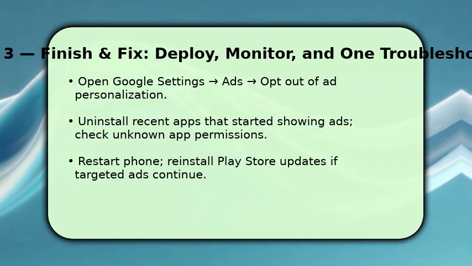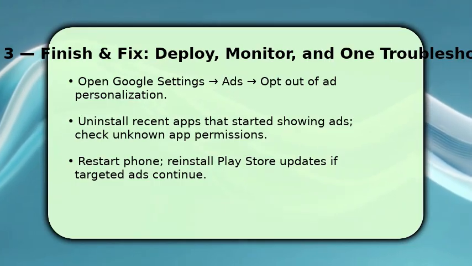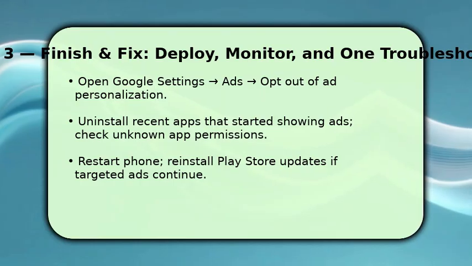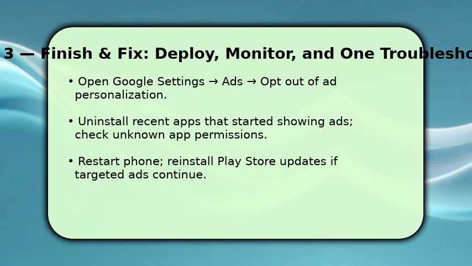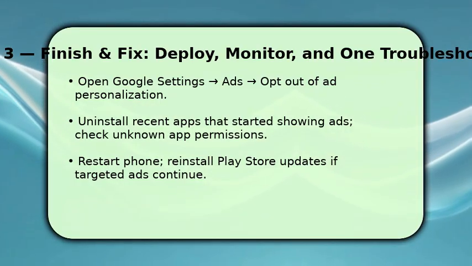Next, uninstall any recent or suspicious apps that began showing ads and recheck installed app permissions because misleading apps often request overlays. Finally, restart your phone. If targeted ads persist, reinstall Play Store updates to replace corrupted components. Troubleshooting tip: if ads